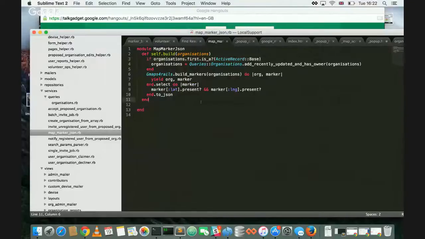The thing here is that we build markers from two types of data. One is from our database, another one is from the Do-It API. And we need this line, I think it's source organization. There are different markers. If the organization is old and the information is not reviewed, it's just a red square. If it's reviewed, it's a proper icon. And this method is used not only for volunteer opportunities, but also for other markers for organizations. So in the beginning, my initial feeling was just to extract this line from this method,